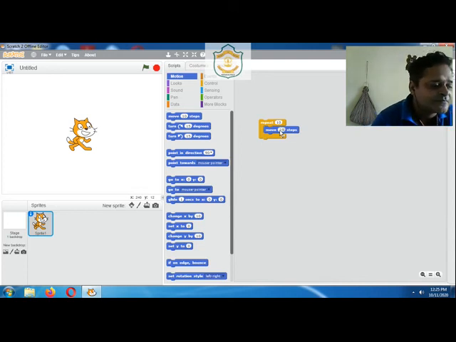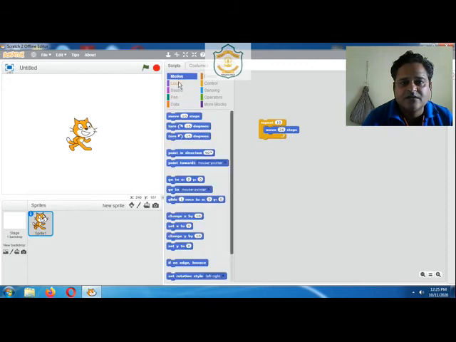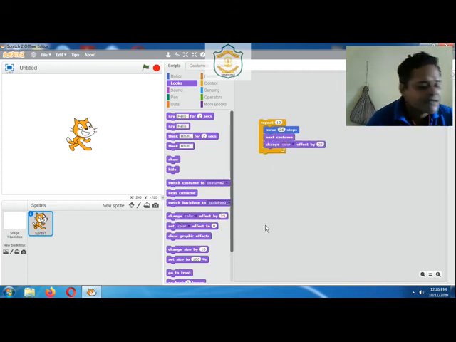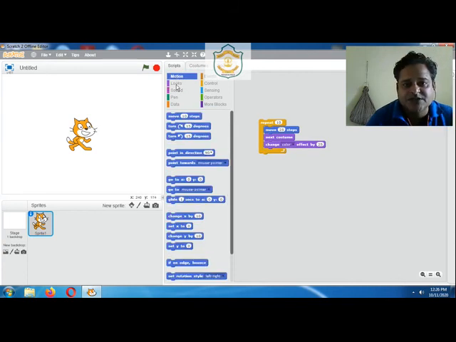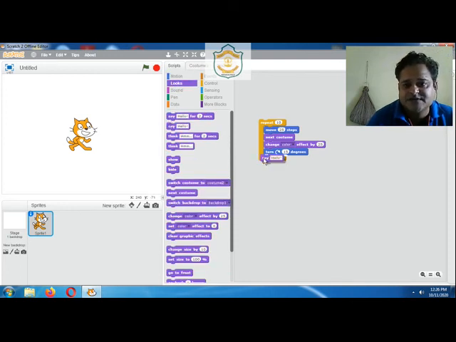Okay. Now we have to go for Looks, and from Looks we have to take next costume, then change color effect, then turn from Motion, so let's take turn, then say hello, which is in Looks itself, so let's say hello.